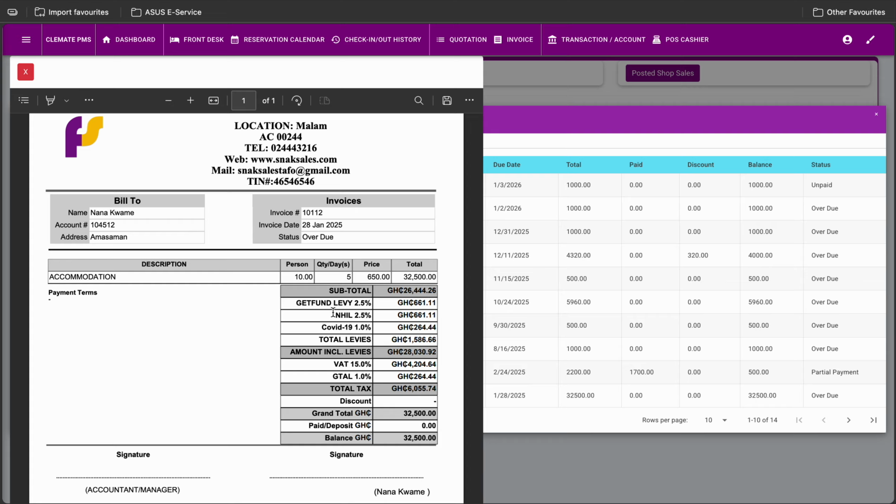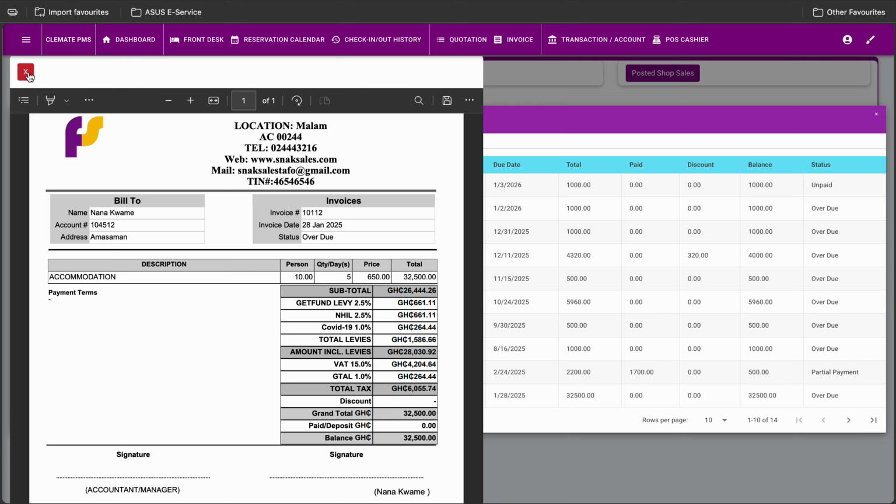So then you calculate it based on the subtotal, and then you get your total tax. So you don't calculate this one to get the total here, and then calculate this one based on the total of amount included in the levy to get your total tax. No. So everything changed from